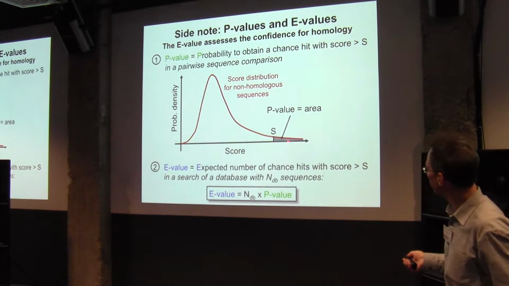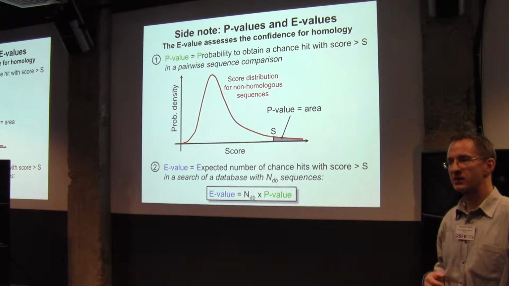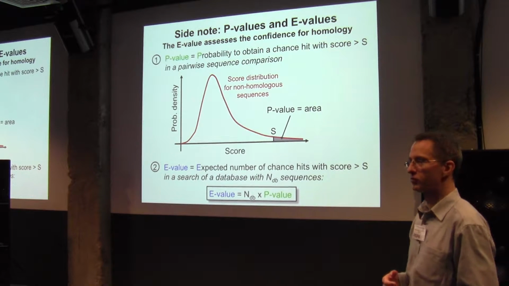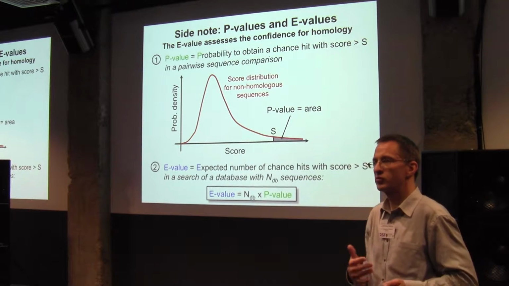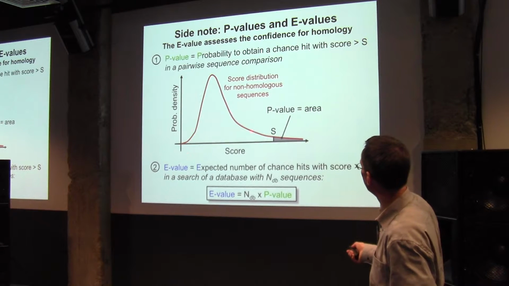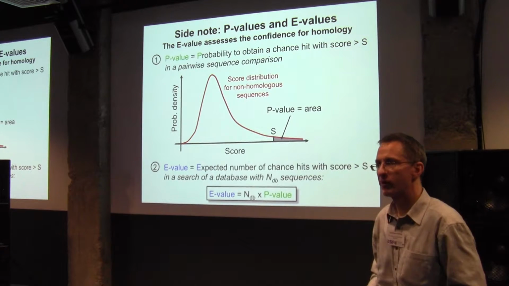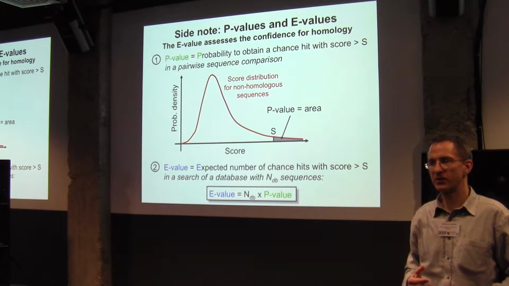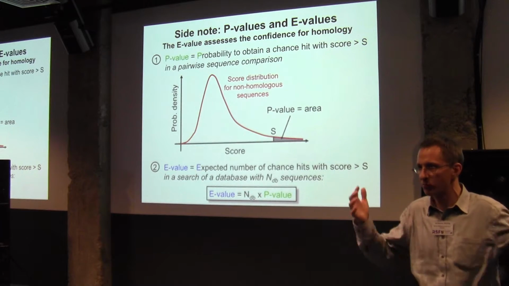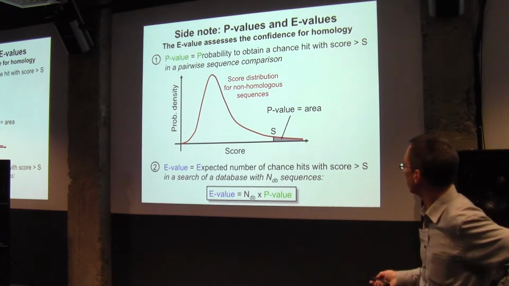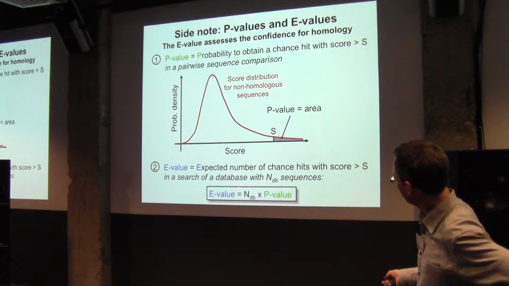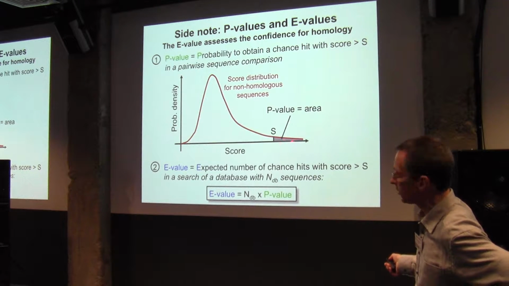So if this p-value is small enough, then it gets less and less likely that your score is really due to a chance event, that it really follows the distribution. But it gets more and more probable that it's not due to chance, but due to some common ancestry. Okay? Of course we have to do a correction, because if we do many comparisons, we can still end up very much on the right.